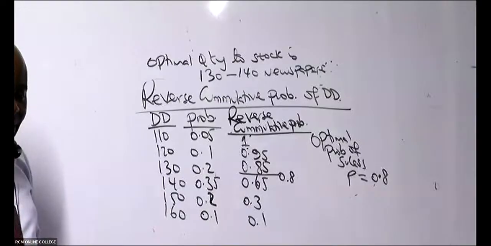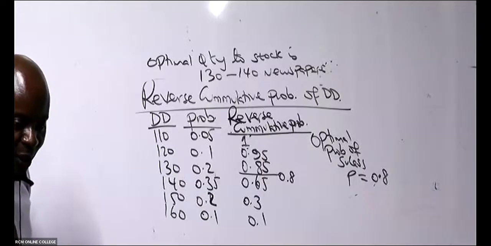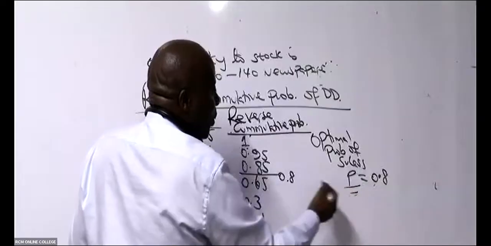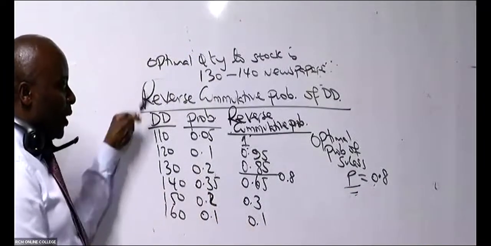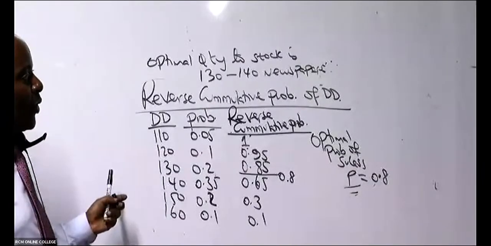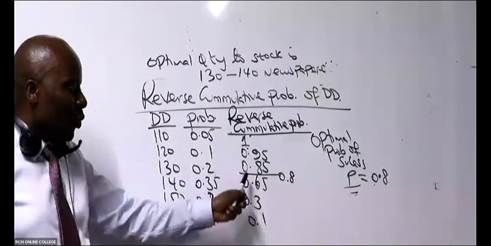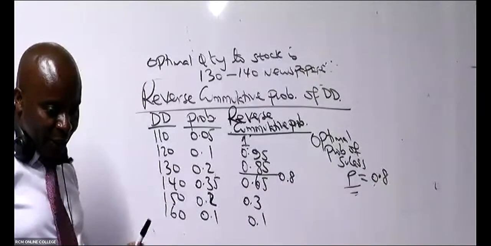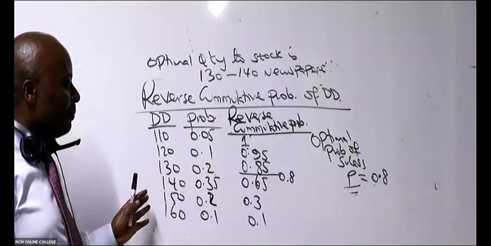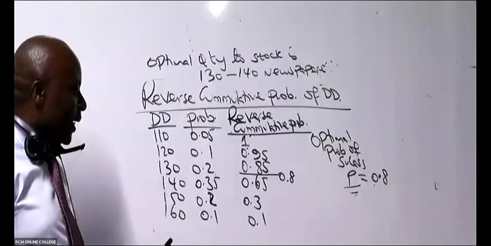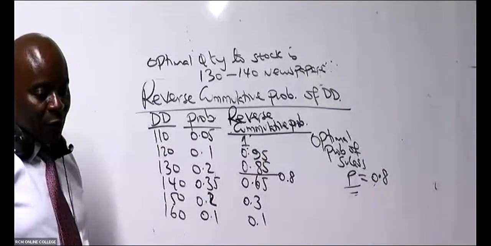Is there anybody here who will be able to interpolate this for us? Some have forgotten how we got the 0.8, or it came a bit late. There's a formula we used. If you don't mind, maybe I finish doing the entire question, then I repeat. All right, the 0.8 is in between 130 and 140. You don't have to rearrange them, they will give you these figures from the smallest to the highest. It will always come like that for perishable goods.